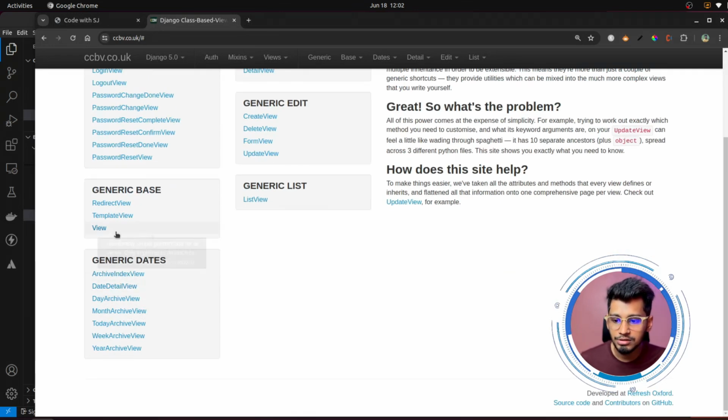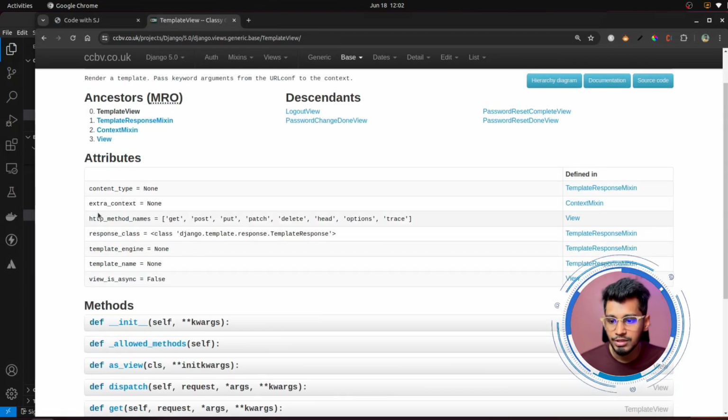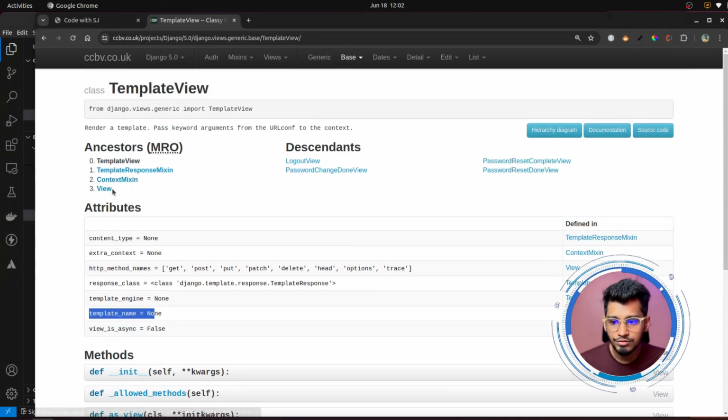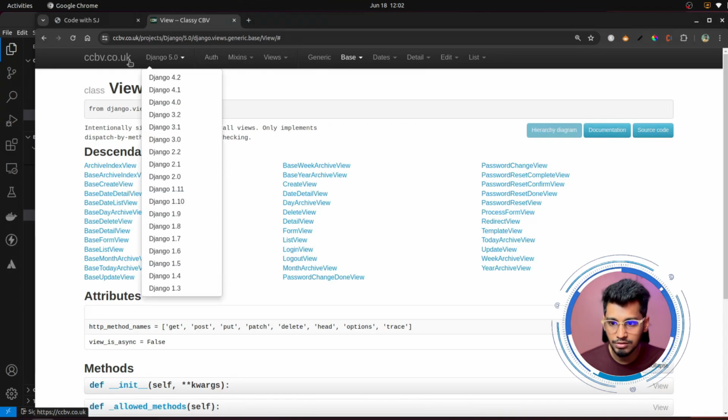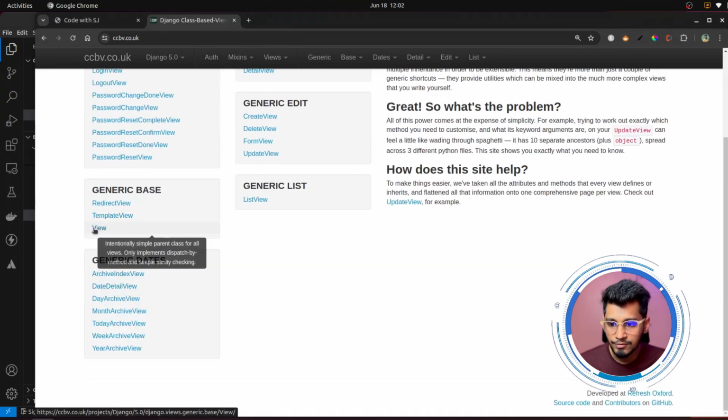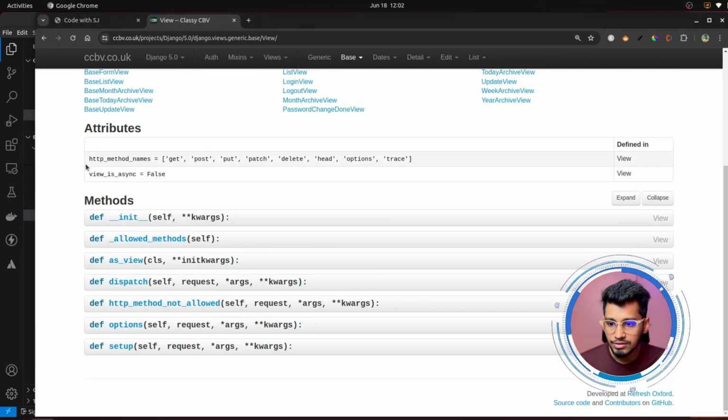When we click on TemplateView, as you can see, all the attributes are present, like extra_context, HTTP, these response classes. We had used template_name, correct? So that is present over here. Let me go to generic again. Why is this not working? Okay, when we go to View, as you can see,